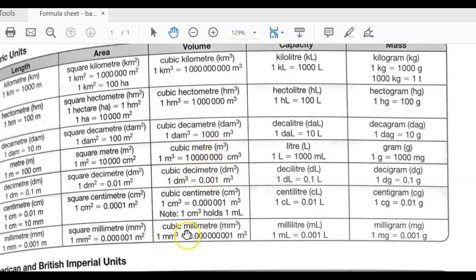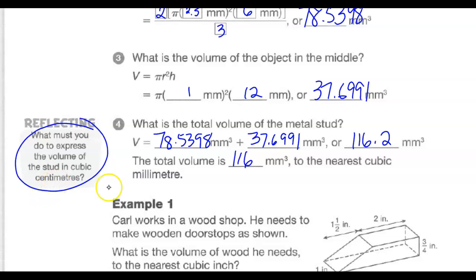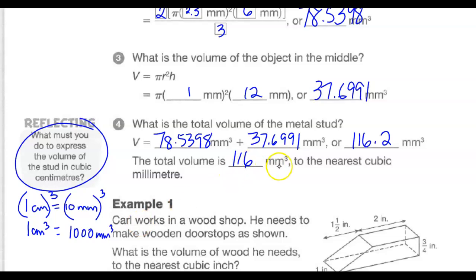So actually, it might be better to actually calculate the conversion for millimeters cubed to centimeters cubed. So if you think about this, 1 centimeter is 10 millimeters. So if we cube this, 1 centimeter cubed is 1,000 millimeters cubed. So we would then, if this is millimeters cubed, divide by 1,000 to get it into centimeters cubed. Okay,